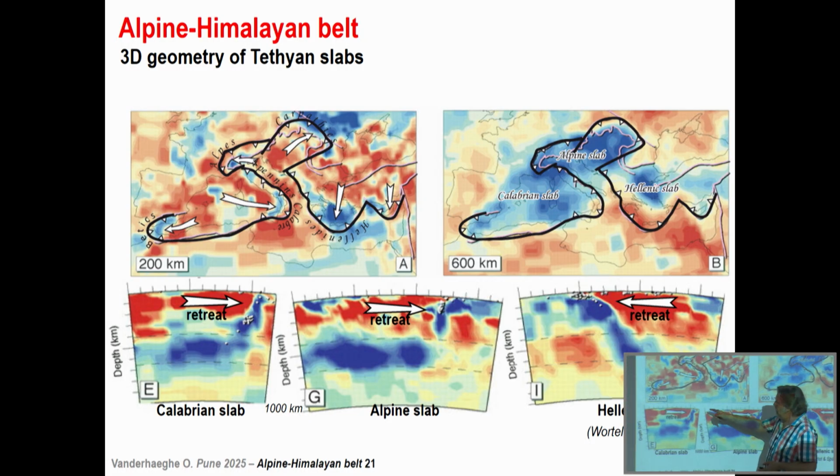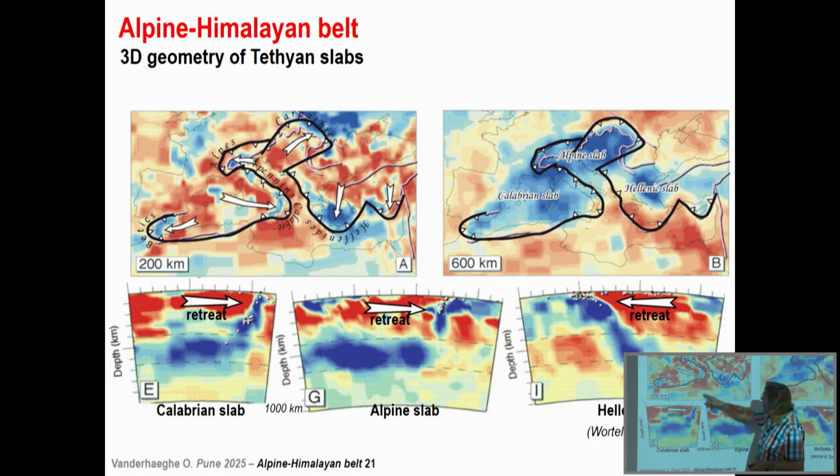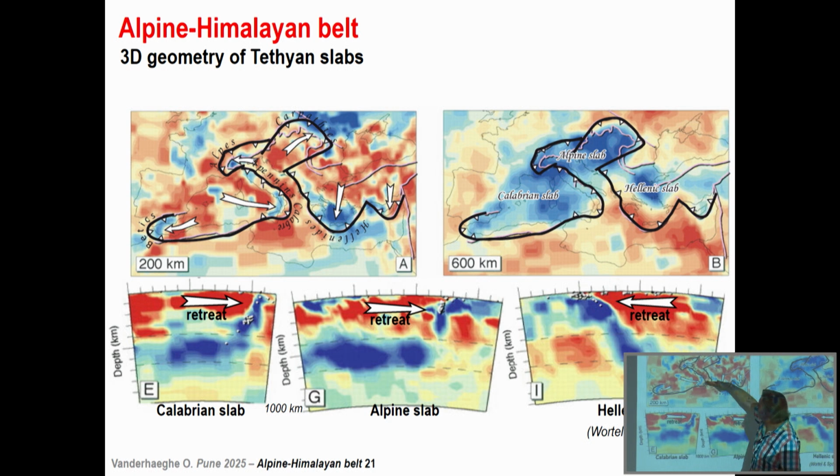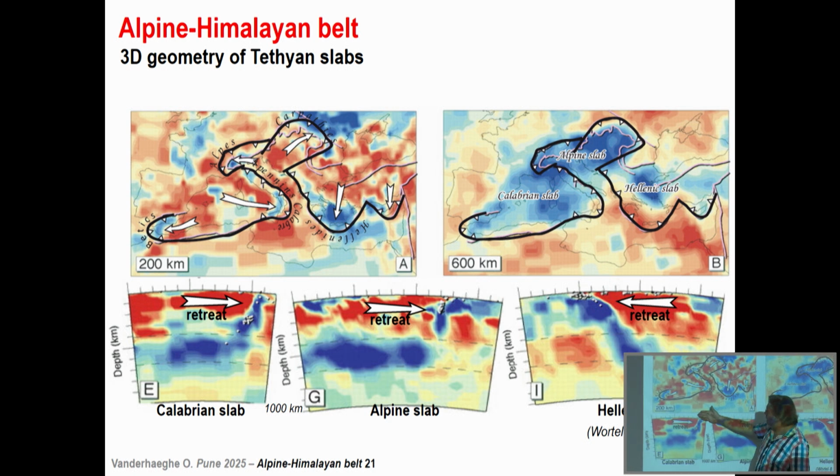Let's look at the cross-sections. That's the Calabrian slab, so it's a cross-section like this, east-west, and the white spots are the hypocenters of earthquakes. So that's the Wadati-Benioff plane. There's a good match between the red and blue difference and the Benioff plane. Actually, that's how they